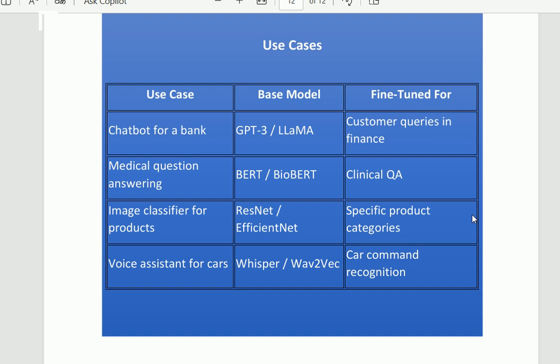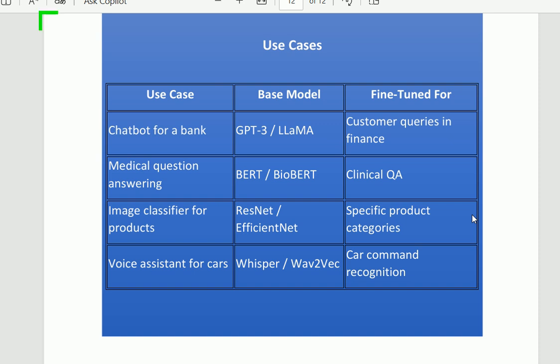These are the base models that you will select for the development of the image classifier. But when you take the base model, you have to update the data set for specific product categories, the different product images that you will implement in the application.